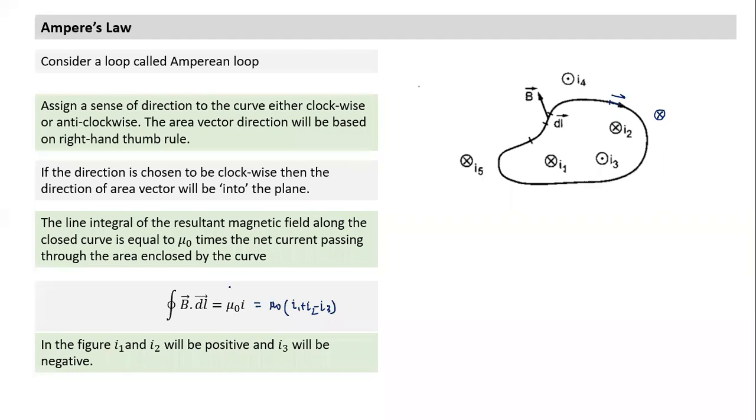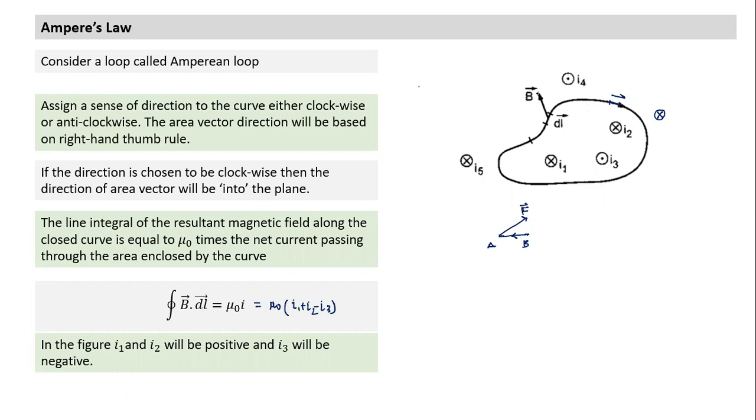Anybody has any question on the law application? Sir, if we take clockwise or anti-clockwise, what will be the direction of the field? The direction of the field won't change. Just suppose this is a force and the displacement is from A to B. Force is a vector, so if I have displacement from A to B, work done may be positive. But if I reverse the direction of the displacement vector, what happens to the dot product? It becomes negative. So whatever line integral I have in the clockwise direction, if I take anti-clockwise direction, the line integral sign will change. Is that making sense?